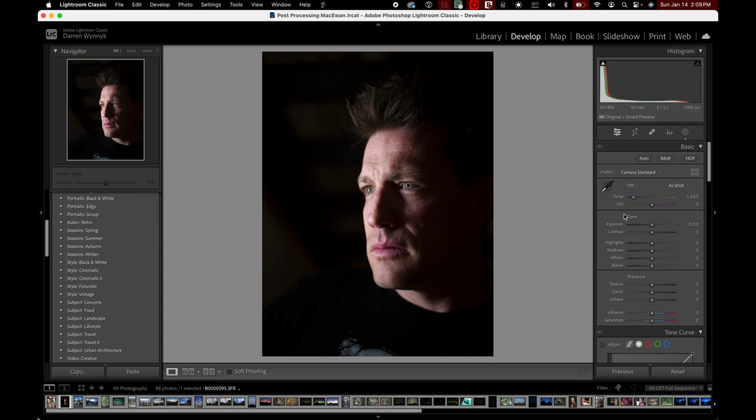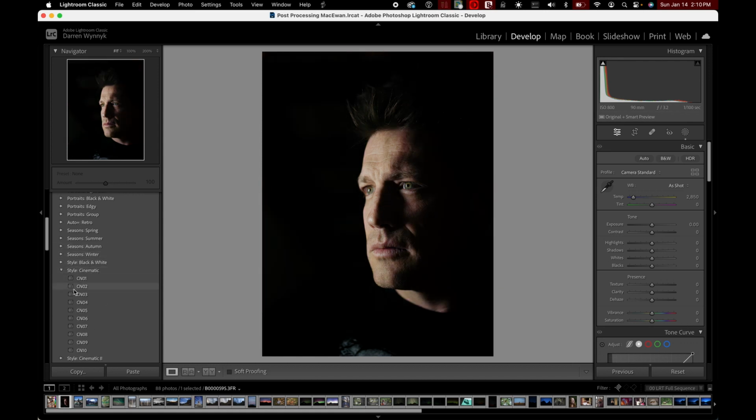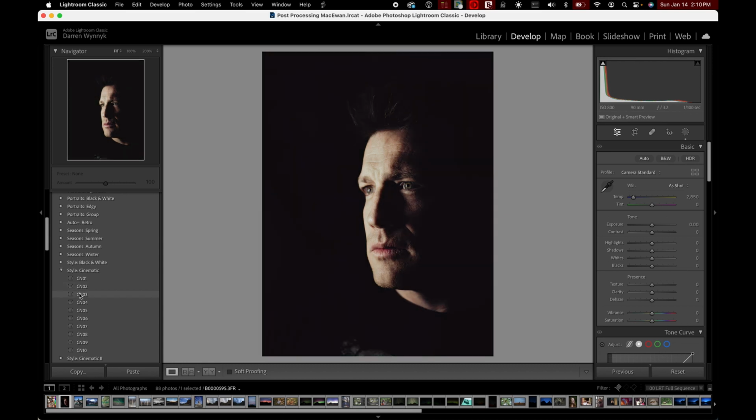Set of settings for the particular photo. So it's not necessarily something that you're only going to be able to access through a preset. But here, let's say I wanted to apply a preset. I would just hover over them. I can see the way that they change the look of the photo. And if I clicked on one, you can now see on the right-hand side, it's changed some of the default